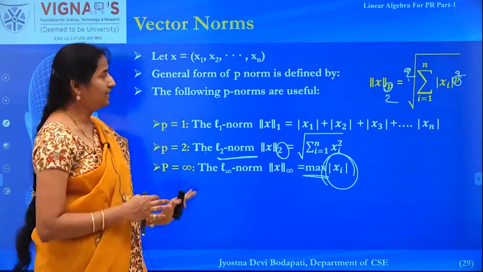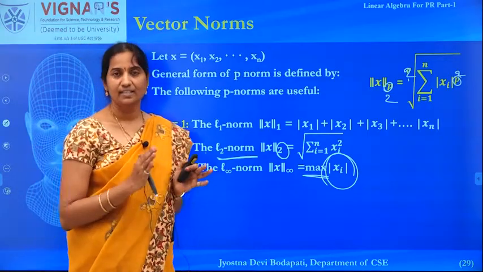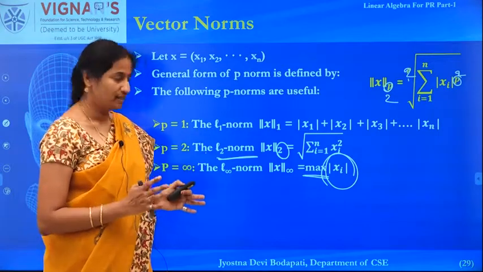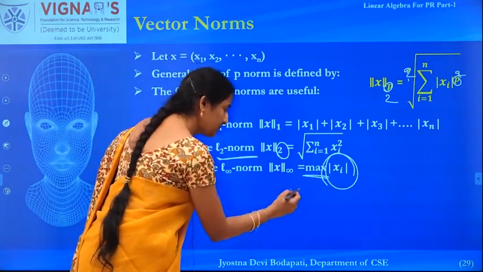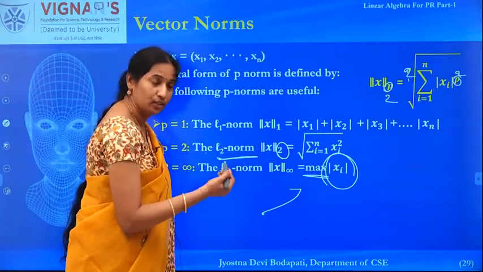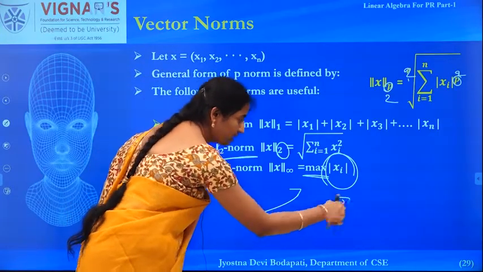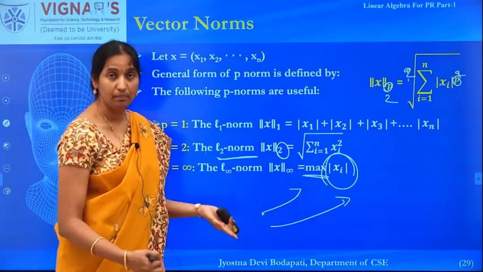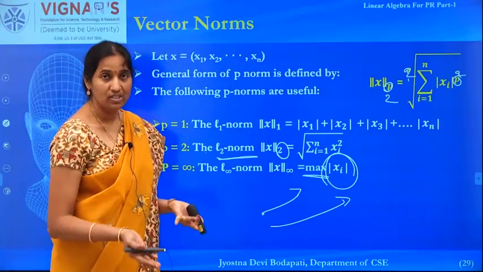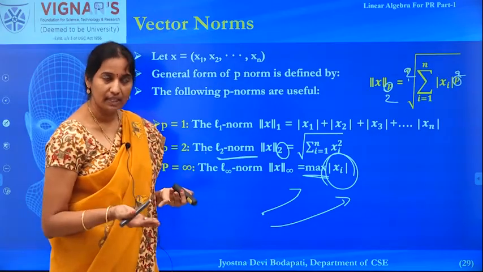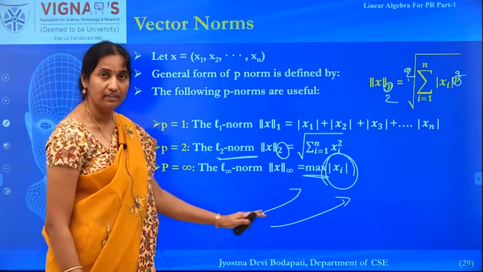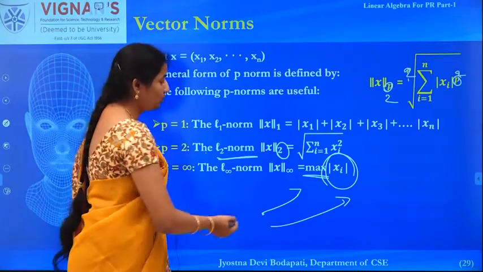So what does it say? The norm of a vector is basically used to identify the magnitude of the vector. Say for example, if this is the vector, what is the magnitude of that, and if this is the vector, what is the magnitude? You cannot compare, right. Given these two vectors, you simply cannot compare them, just like you can say whether 5 is greater than 2 or not. But here you cannot say that on seeing the vectors. So how do you do that? You need to compute some norm.